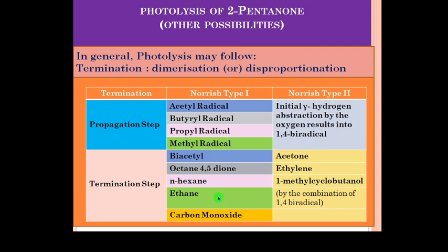And in addition to this, there will be possibility of carbon monoxide as a product, because Norrish type 1 can give you the secondary process of decarbonylation. So during decarbonylation, the carbon monoxide is cleaved from the reaction. And we have explained already this particular Norrish type 2, because the carbonyl group present here can abstract the gamma hydrogen, followed by the process of 1,4-biradical, leading to the formation of different products.